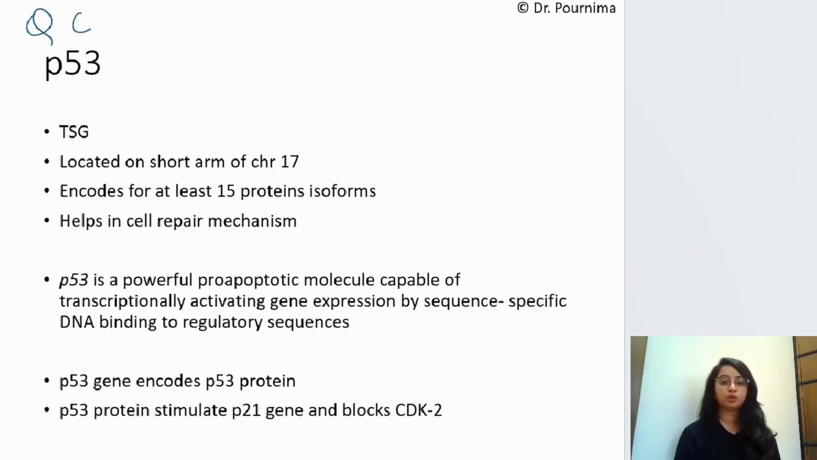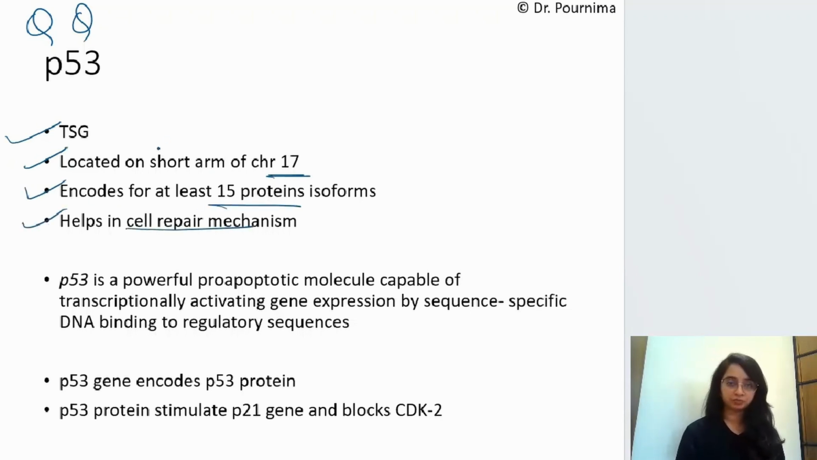Gene, again, this is a short question that can be asked. In the p53 gene, we have to know that this is a tumor suppressor gene. It is located on the short arm of chromosome 17. It encodes for at least 15 protein isoforms and it helps in cell repair mechanism. p53 is a powerful pro-apoptotic molecule, that is, it is capable of transcriptionally activating gene expression by sequence-specific DNA binding to regulatory sequences. Okay, so it is pro-apoptotic, and p53 gene codes for p53 protein, and p53 protein actually